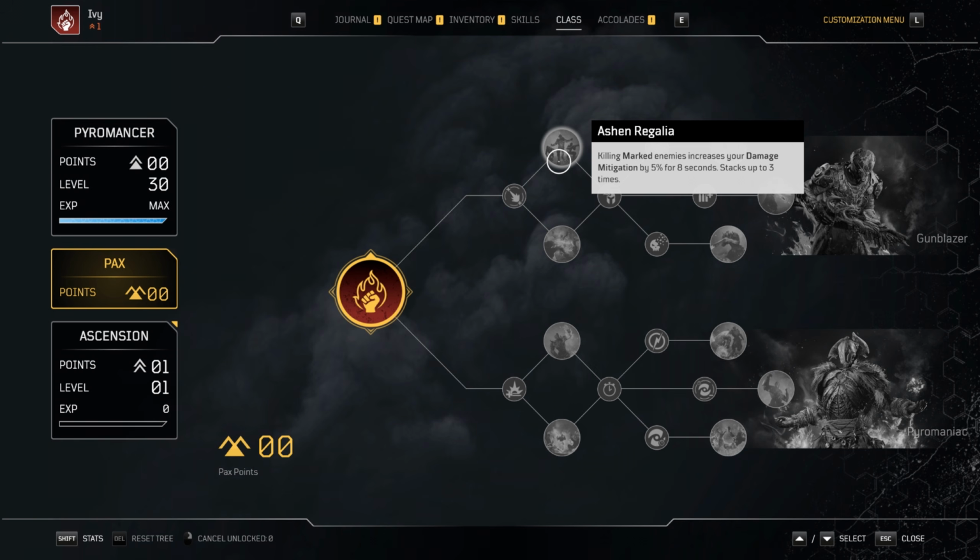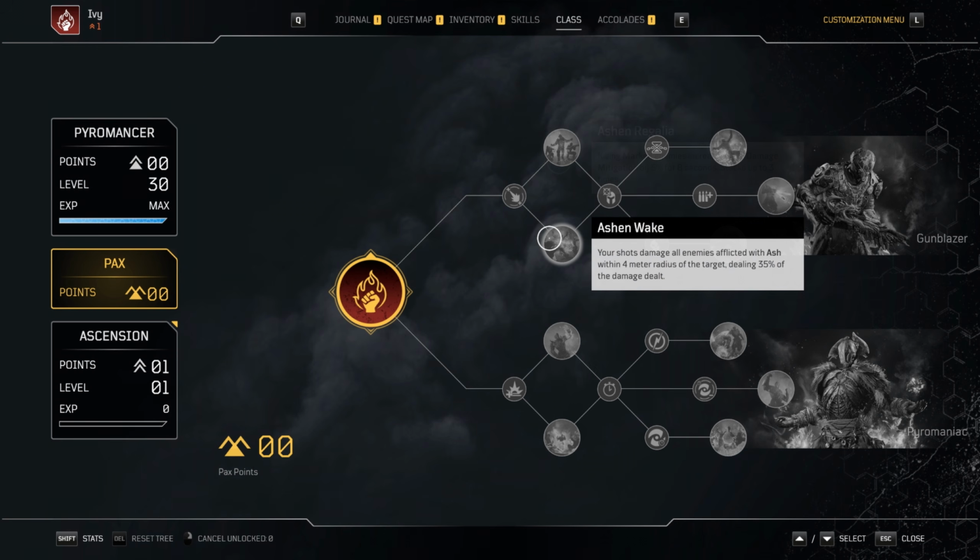Killing marked enemies increases your damage mitigation by 5% for 8 seconds, stacks up to 3 times, so a total of 15% damage mitigation bonus for killing marked enemies. This synergizes really well with the Pyro's healing mechanic to make you a little bit more tanky. Moving on to our third node, Ashen Wake: your shots damage all enemies afflicted with ash within a 4-meter radius